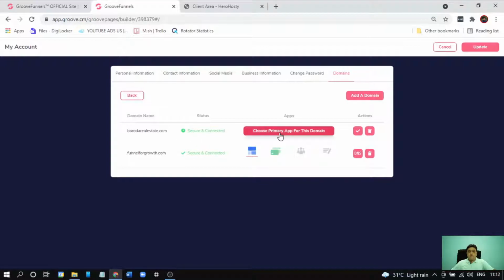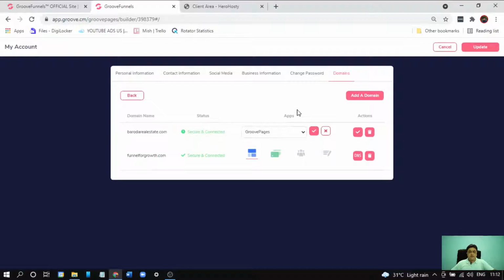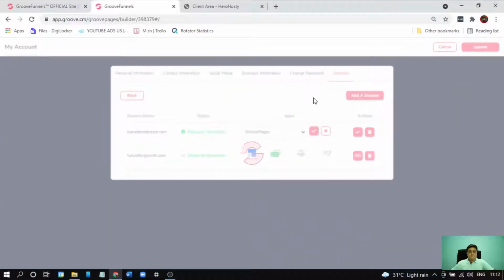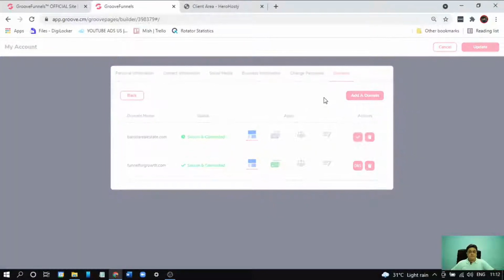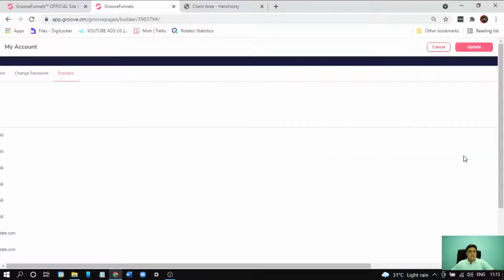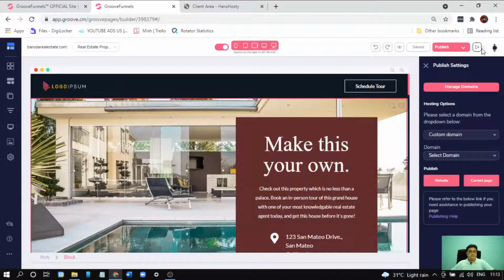I am going to connect this domain with GroovePages. So choose the primary app for this domain. Click on GroovePages. Click on this icon and again click on this icon. Let's click on update.